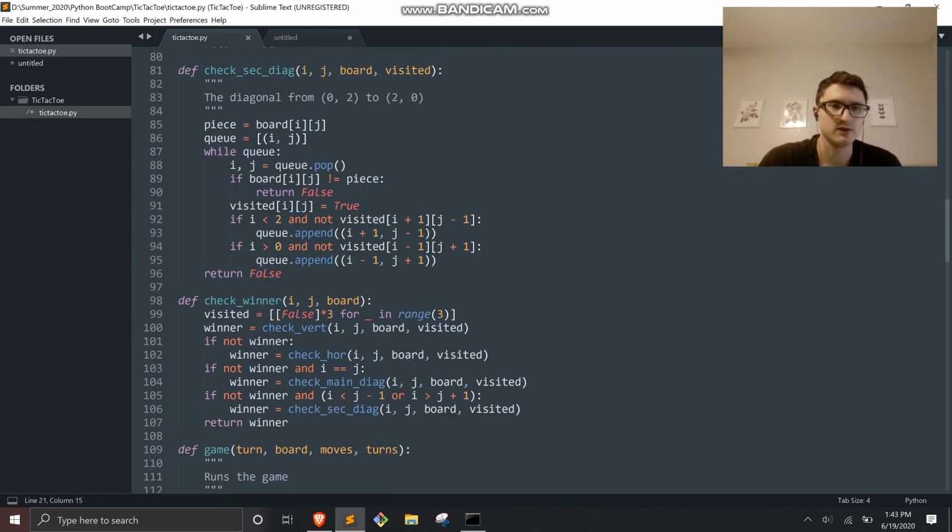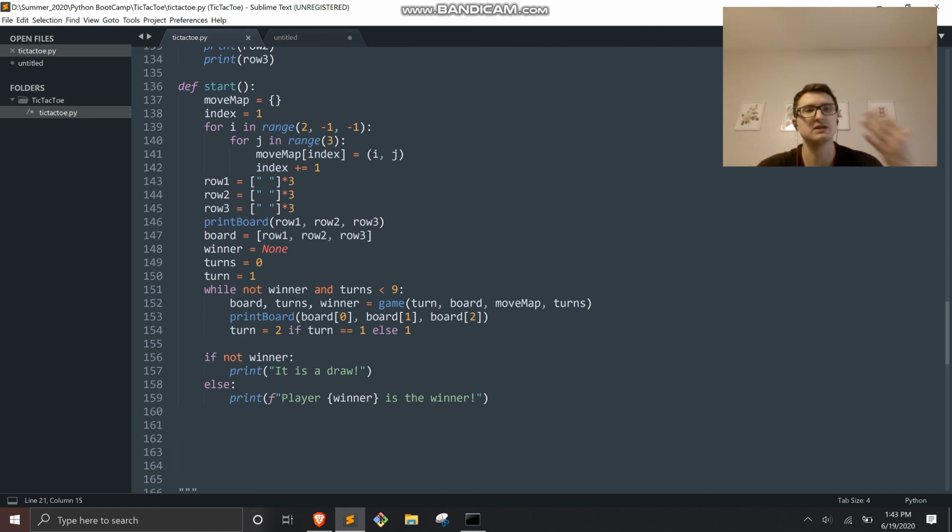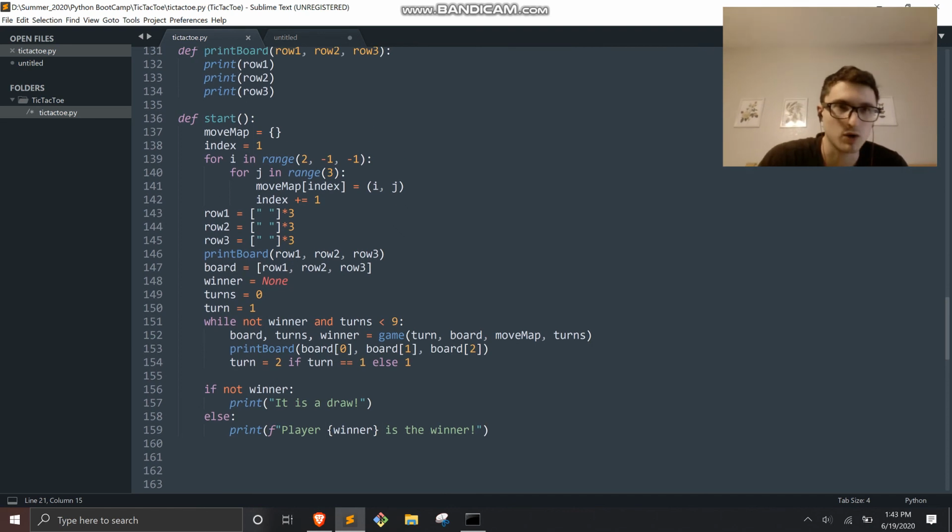So we'll start really down here. This is the start thing. This is what I call right at the beginning. So this starts the game. The first thing I do is I create this thing I call a move map, which is a dictionary, and I set index equal to 1. And so what I do is